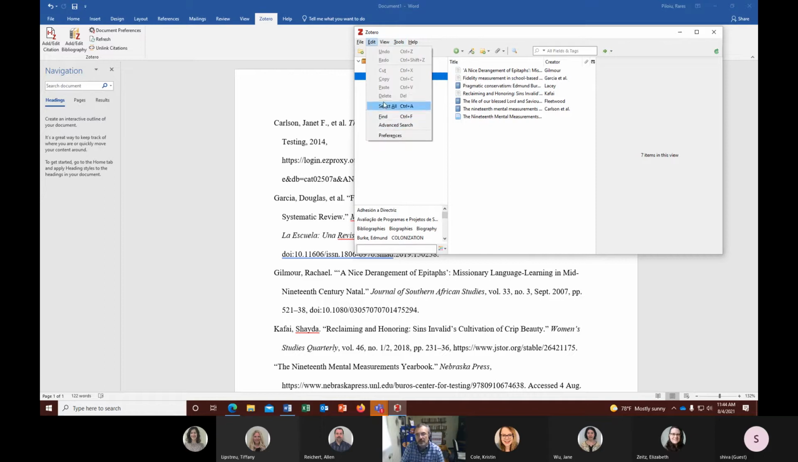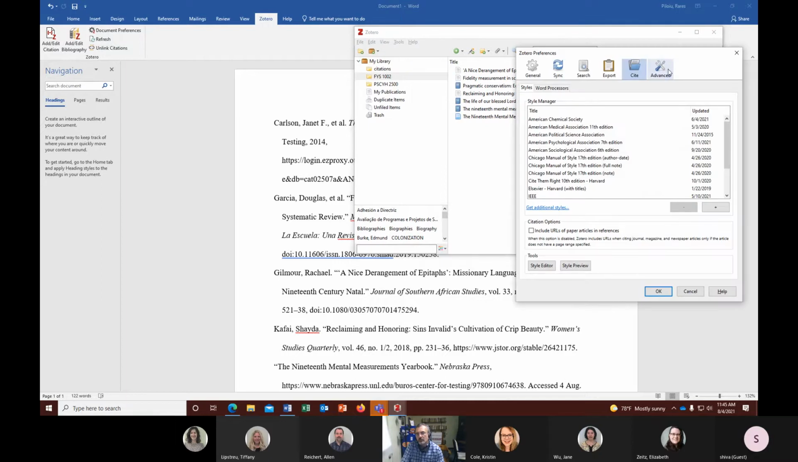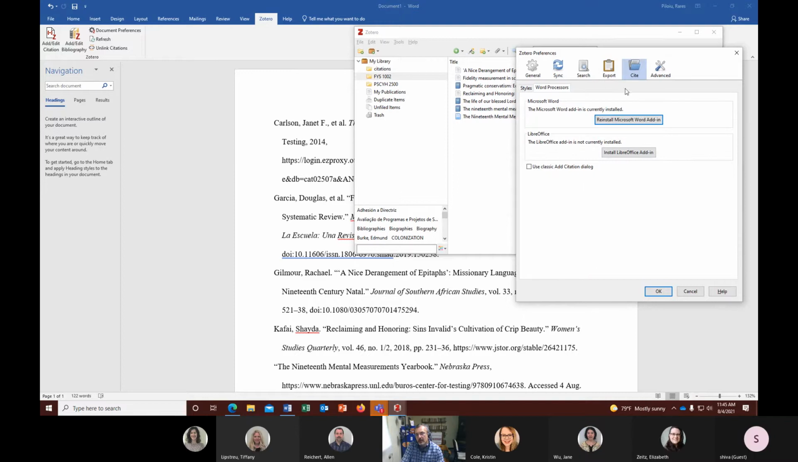go into, see here, go into preferences, and then from preferences, they would go into word processor. And then from the word processor, they would click install Microsoft Word add-in. So